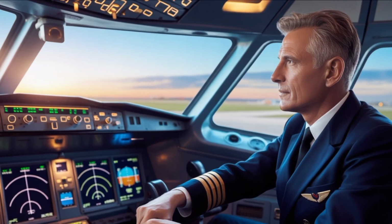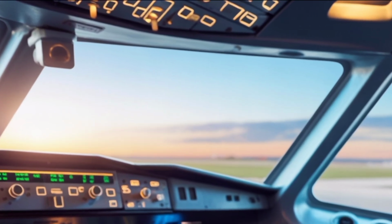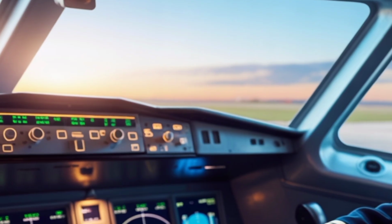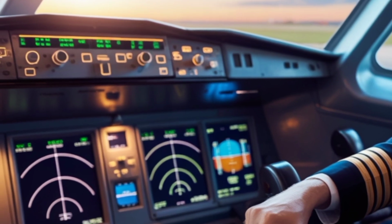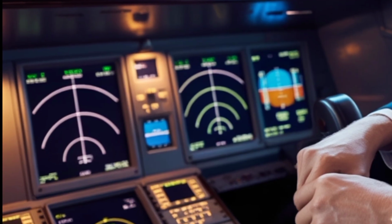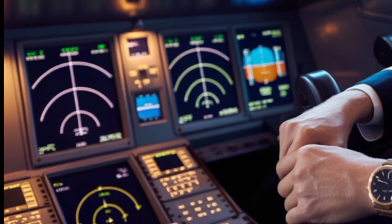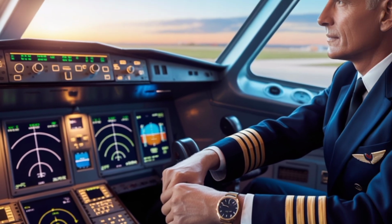In short, the Boeing 787 Dreamliner in 2026 represents a balance of technological innovation, environmental responsibility, and passenger comfort. It is not only a machine that flies people across continents but also a symbol of how engineering and design can work together to transform the flying experience. As airlines continue to expand their fleets with this aircraft, travelers can expect to see the Dreamliner serving routes both familiar and new, continuing its role as one of the most successful wide-body